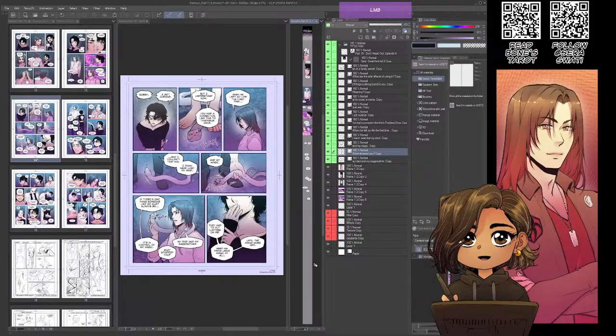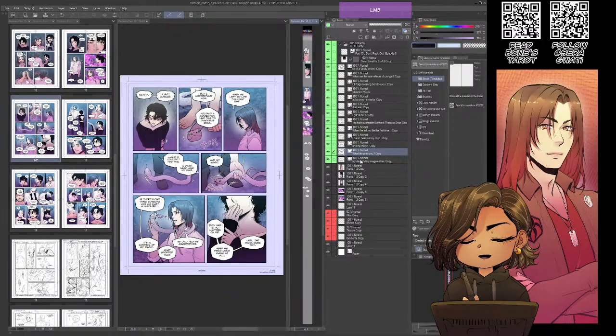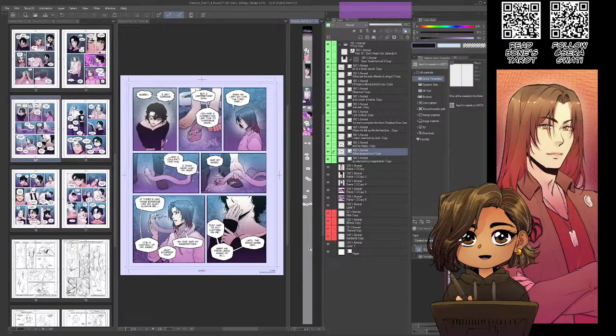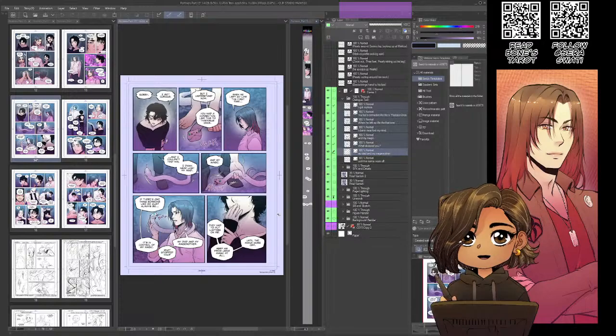This page has my favorite panel. I love it so much. Stupid little snack getting picked up. I love her. Hurley is the cutest. Hurley is the best.